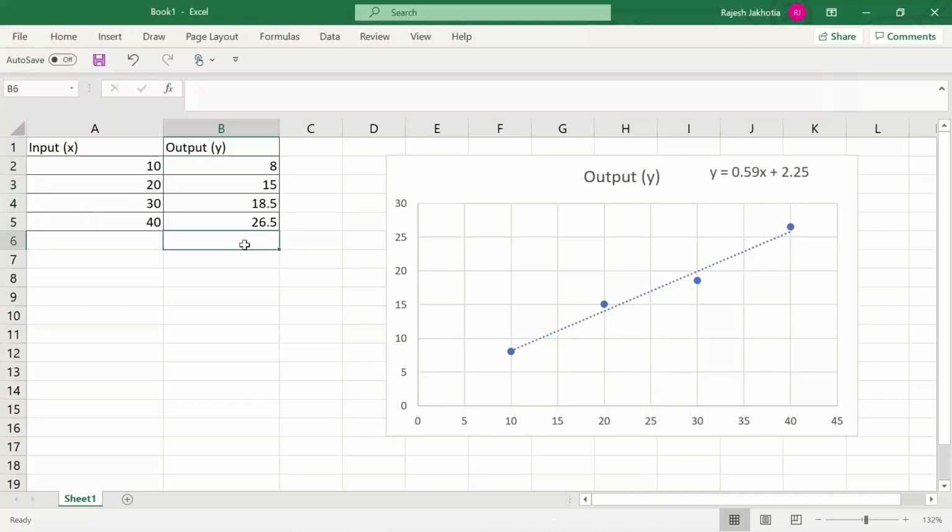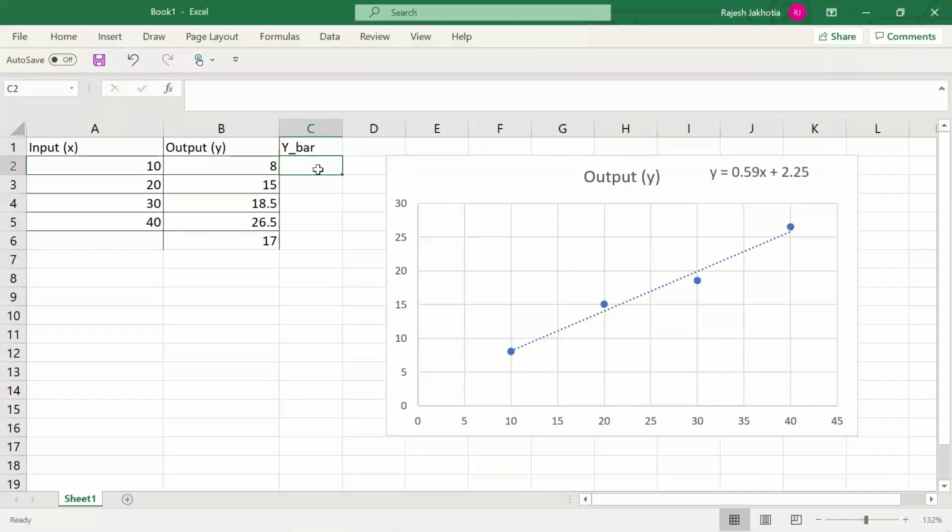If I take the average of the output, that is the mean. Mean is 17. And if I come up with the line of best fit, in this case, if I make a line of best fit which is at 17, so let me just put y bar. Y bar is basically a representation.